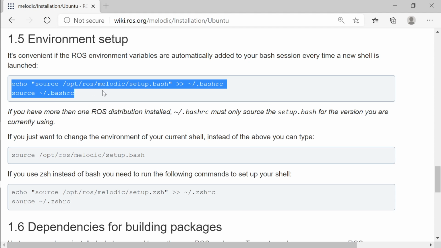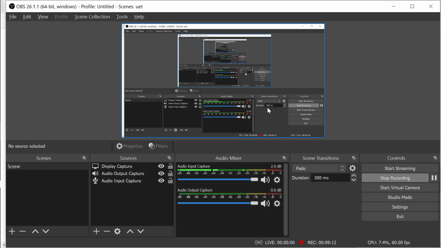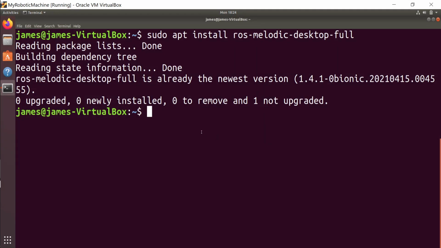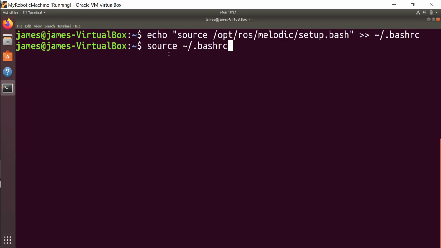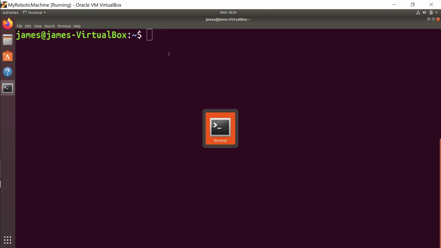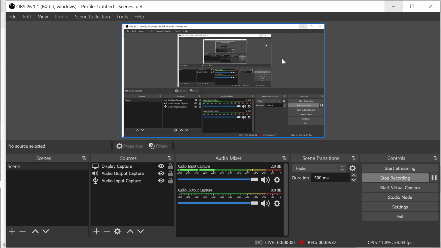So it is adding something in the .bashrc file. Let's clear the screen again, and let's run the next command, which is regarding the environment. Basically, if your ROS robotic application has to run, it needs a particular ROS environment to be set up, where some packages may be required. Then we should be able to find it. So that is also done. This step is done. Let me clear the screen now, and let's move to the next step.